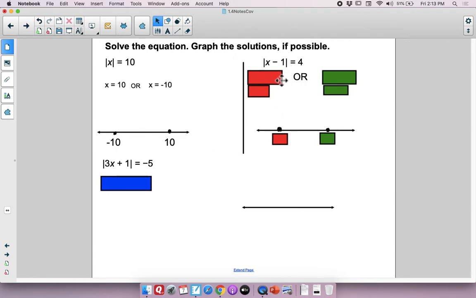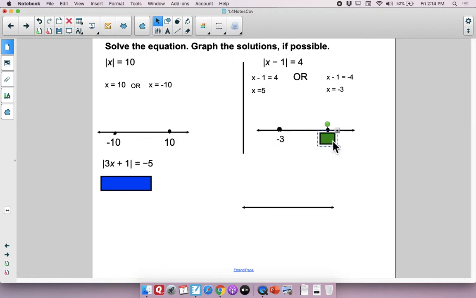All right, how about this one? Here we want the absolute value of x minus 1 equals 4. So doesn't that mean we want what's inside the absolute value to either be equal to 4, or we want x minus 1 to be equal to the opposite of 4? Now these aren't solved, right? We still need to solve them. So what would we do? We would add 1 to both sides, golden rule of equations, and get x equals 5. And on this side, we would add 1 and get negative 3. And then we would just plot those two points. Negative 3, 5, bingo.